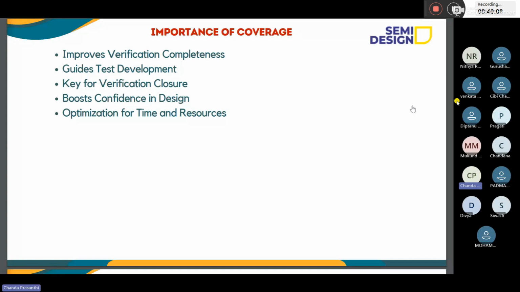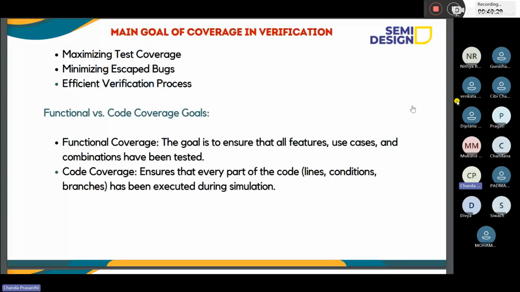Quality and quantity. So first of all, it improves verification completeness, whether we did proper verification or not. To check that, we use coverage. Not only based on the test, based on the functionality also we write the bins.